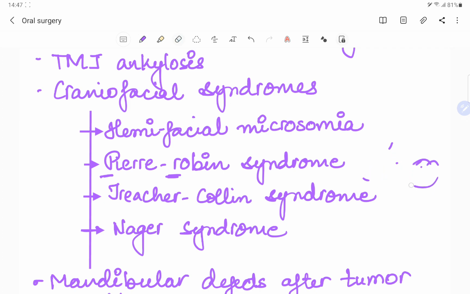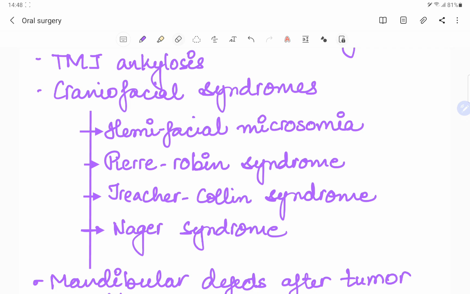And Treacher-Collins syndrome, guys, if you have watched the movie Wonder, in that the kid is having Treacher-Collins syndrome, which is also known as mandibulofacial dysostosis. That means the mandible is not formed properly, the face is also not formed properly. We see a bird or fish face appearance. There is going to be hypoplasia of the zygoma, mandible, even the ear, or an underdeveloped mandible. In that case, we are going to regenerate the mandible using distraction osteogenesis,